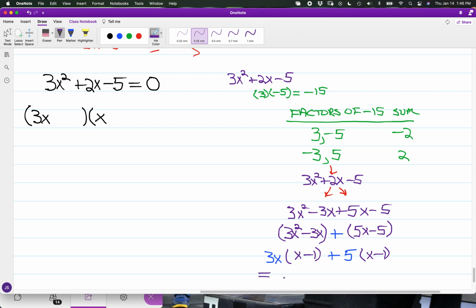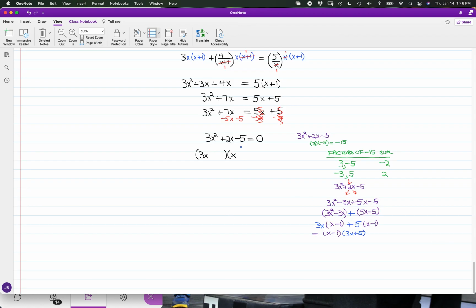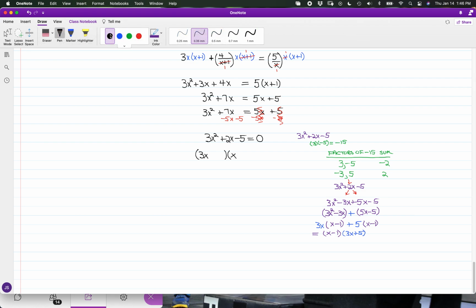So for this result, for the factorization, we'll have x minus 1 as well as the quantity of 3x plus 5. So this is what we have here. So for the factorization, just carrying over, you have 3x plus 5 and the quantity of x minus 1 is equal to 0. And utilizing the zero product property,